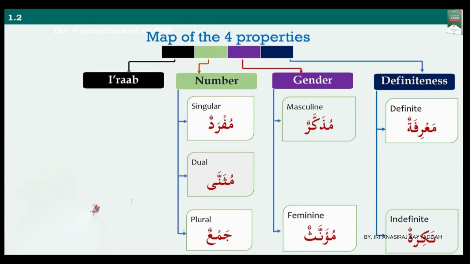Please note that major distinction between Arabic and English. In Arabic, we have a dual version which we do not have in English. And also in Arabic, we have no neutral gender. English has a neutral gender. These are the two major differences between the